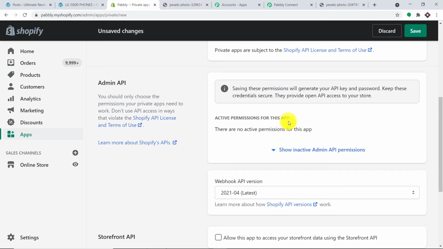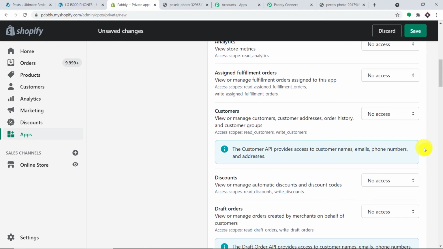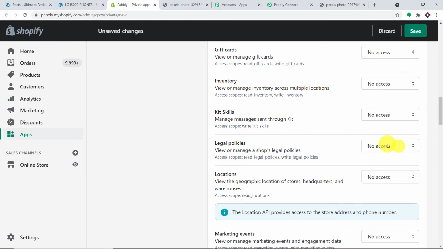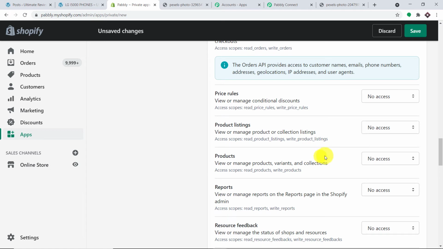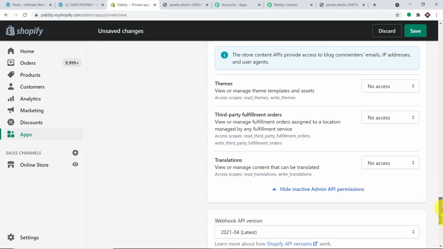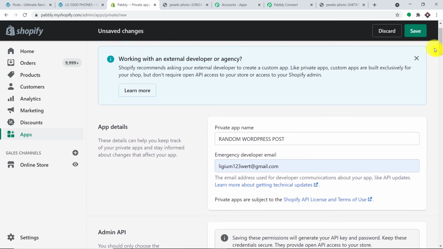Now we have to give some permission. So basically the API permission. So just click here and let me just scroll down. We want to send the data when a new product is made. So that is why let's change the permission in case of product. As you can see, in case of product, at present it is no access. Let us change it to read and write. Okay, we have changed it, and all we have to do at this point is just click on save.